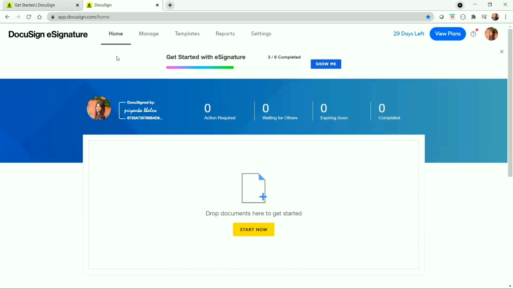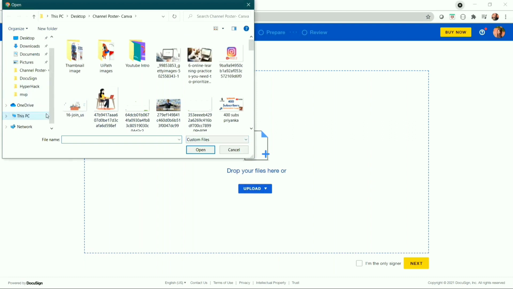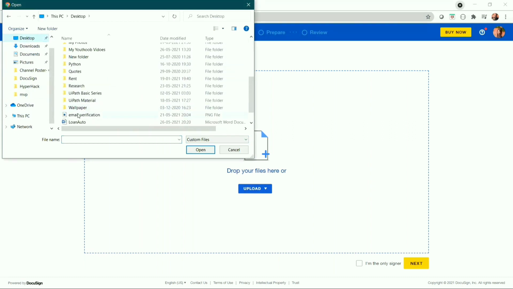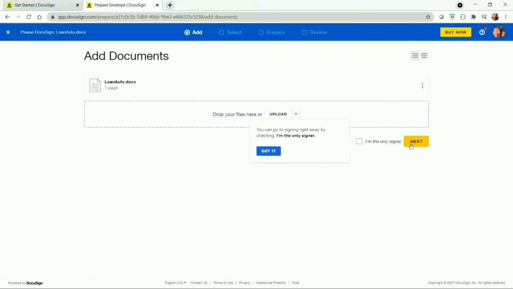Now I have logged into the DocuSign e-signature app, from where I can send a document to the intended person to sign. From here, I will pick the document from the device that needs to be signed. Here I have to upload the document, so I will select the location. I've selected the document and click on next.